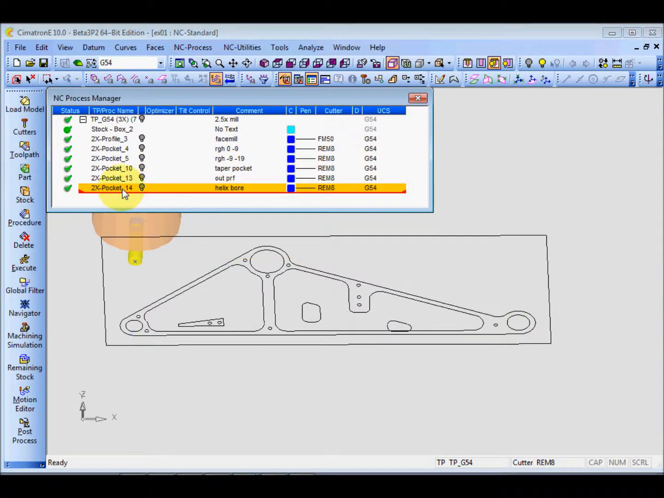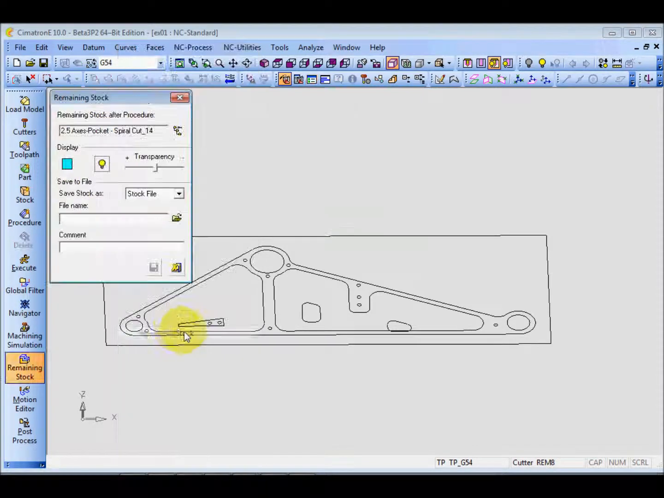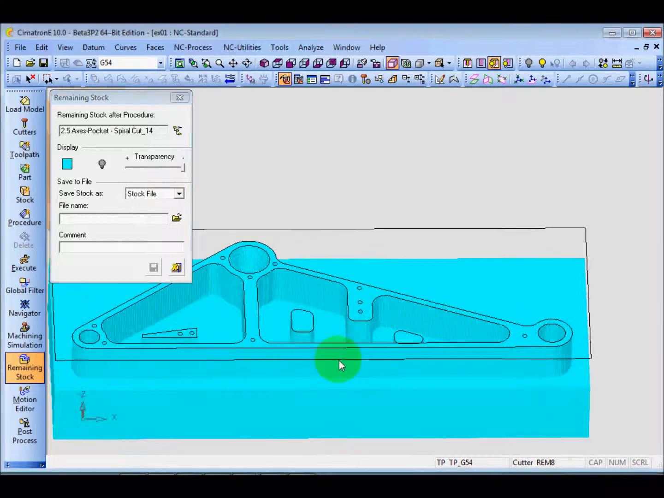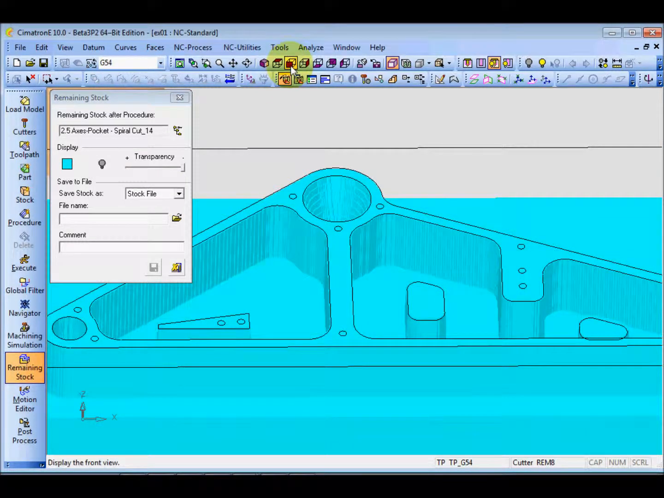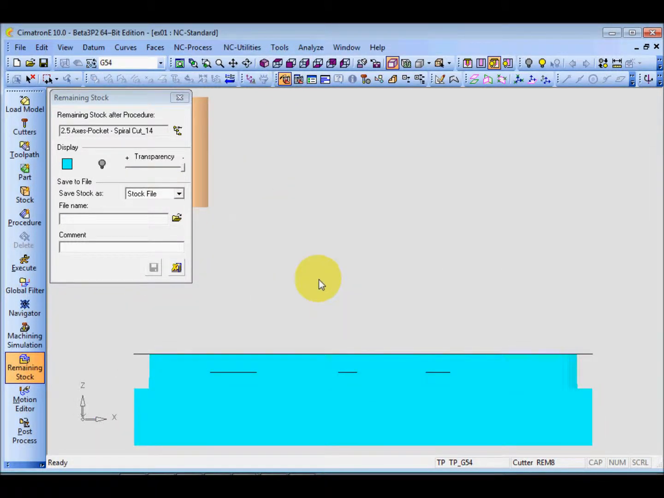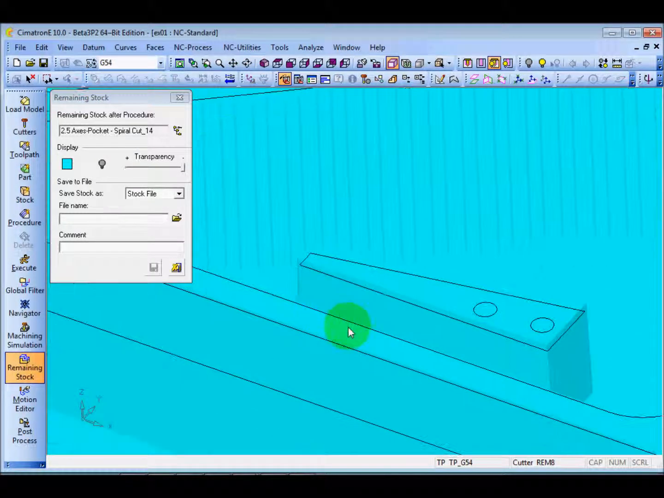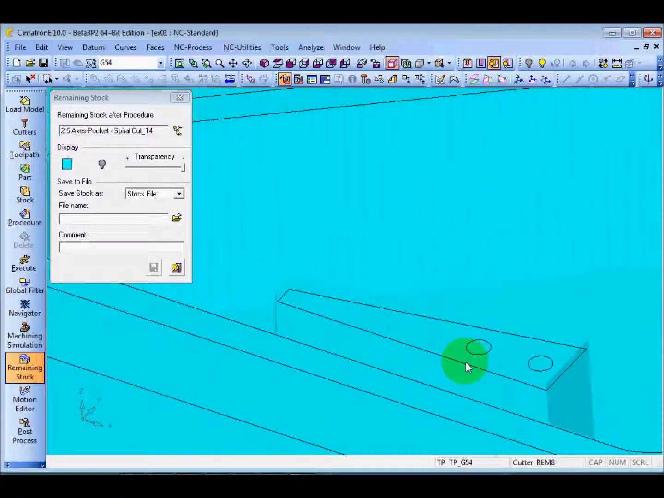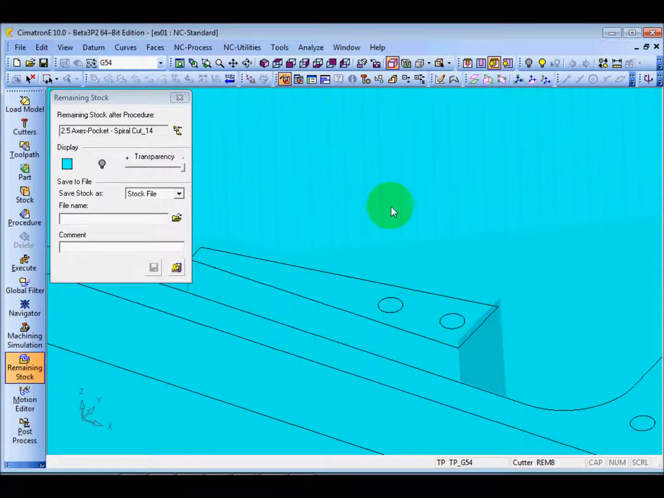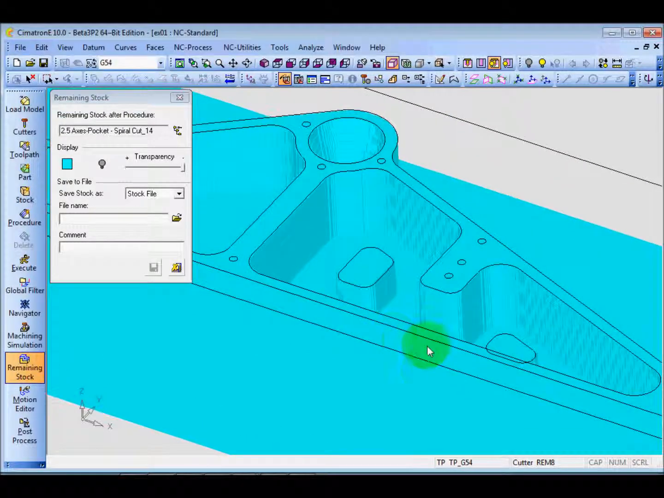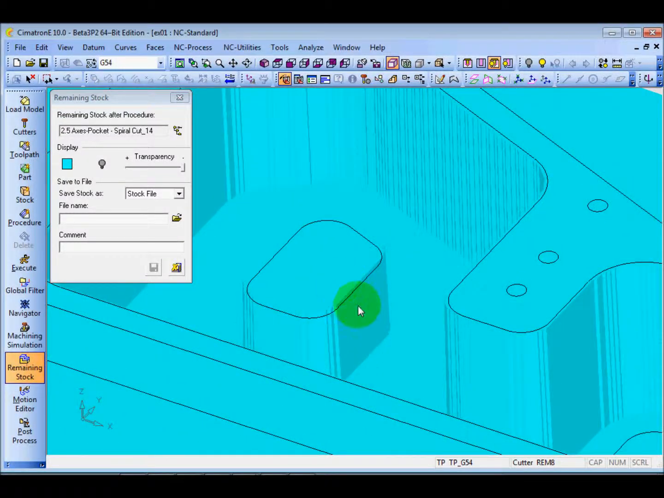Okay, now after the helix ball, let's check the remaining stock. Okay, so now let's go to, oh, okay, let's check. Next, we'll go for finishing. So you can see here, on top of the island here, we still got 1 mm material left to be machined. This is what we call